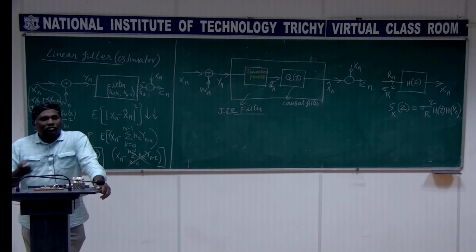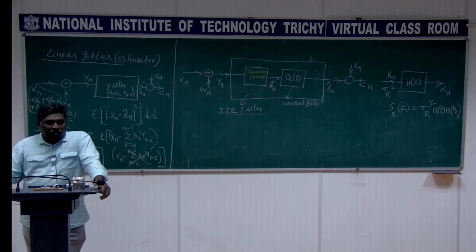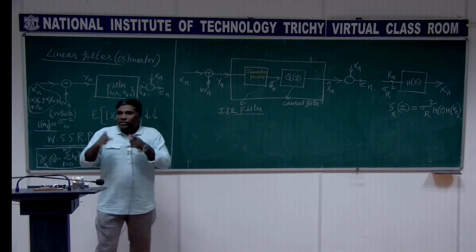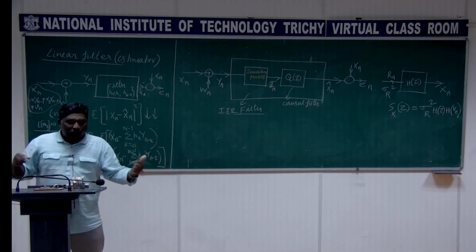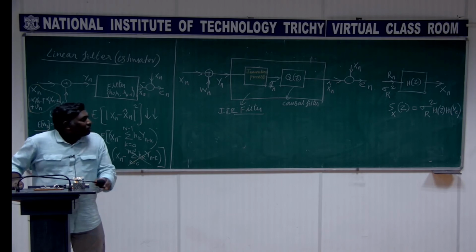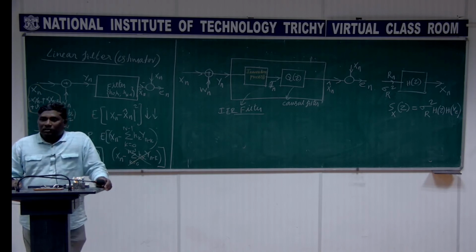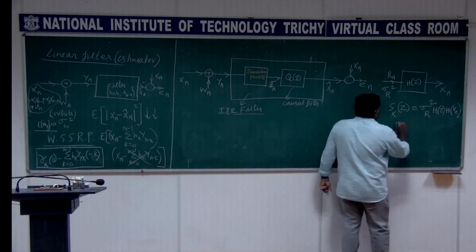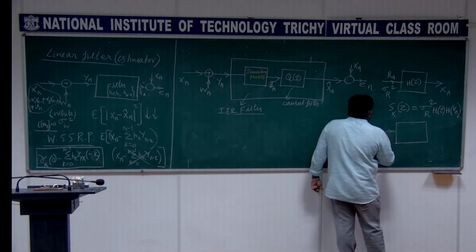So we know this in the frequency domain, we already discussed that, isn't it? If I have output spectral density, it is related to the input spectral density like Sy of f is simply Sx of f times the magnitude square of H of f. You know that. This is written in Z domain, that is the difference. Right? Are you getting this?